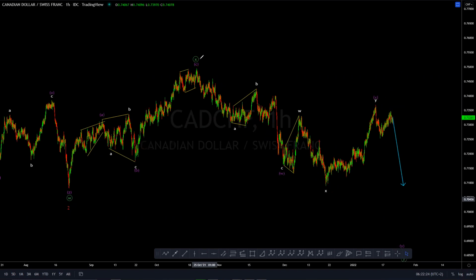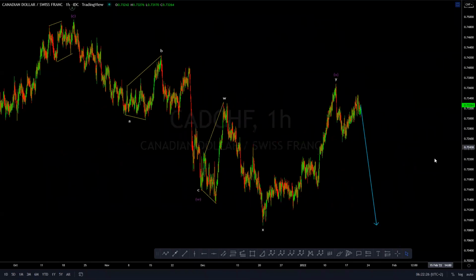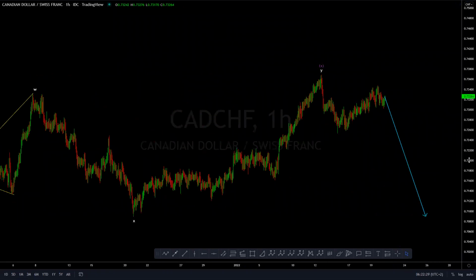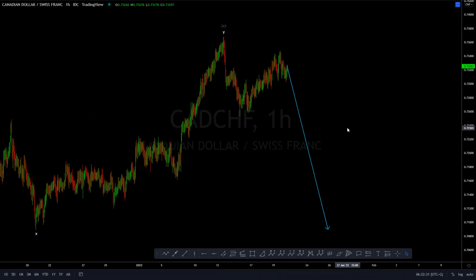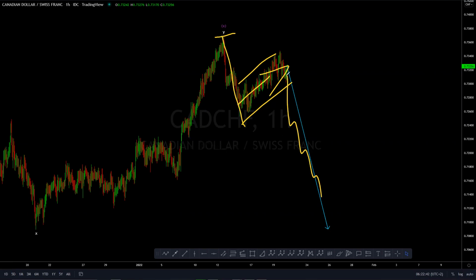So currently, when one looks at current price action from the peak of purple wave X here, one sees what appears to be a continuation pattern. Okay, from this peak here, we have this move. We have then what appears to be a continuation pattern to the downside. So we may see more downside on this instrument, or this could be a deceiving leading diagonal